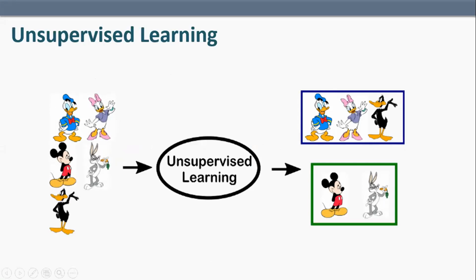So this is a duck, this is a duck, this is a duck, based on the beak and everything, right? You are able to tell that this is a duck, which is where you are able to group all of this together as unsupervised learning.